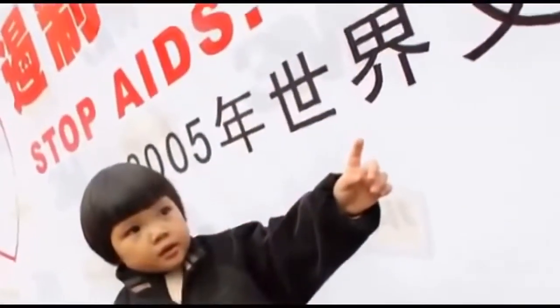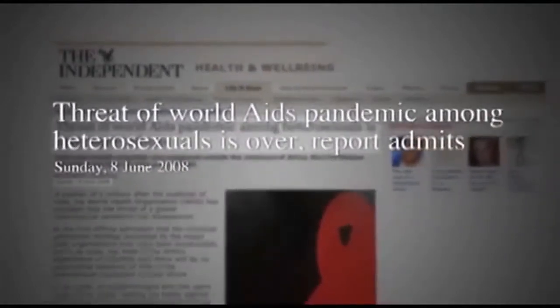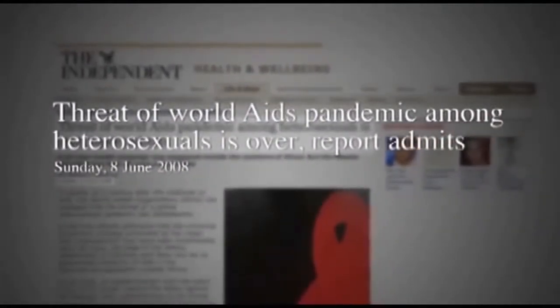If we were talking about reality, the reality is that AIDS is over. Somebody decided in the early 80s that there's this infection called HIV. And upon deciding that, I don't think it was debated enough. In 1980,